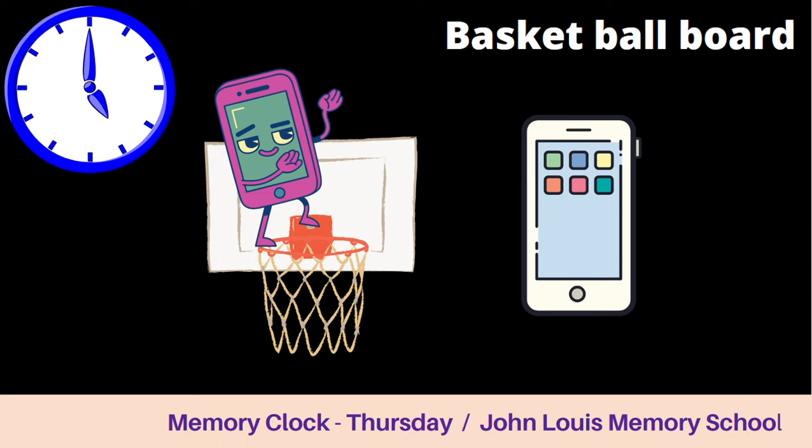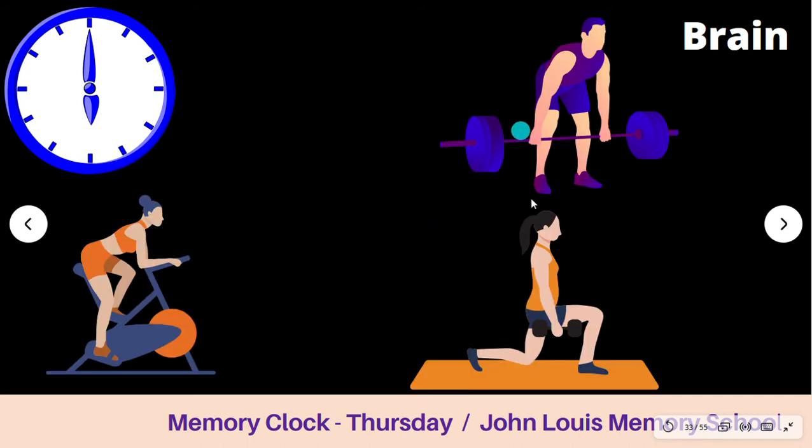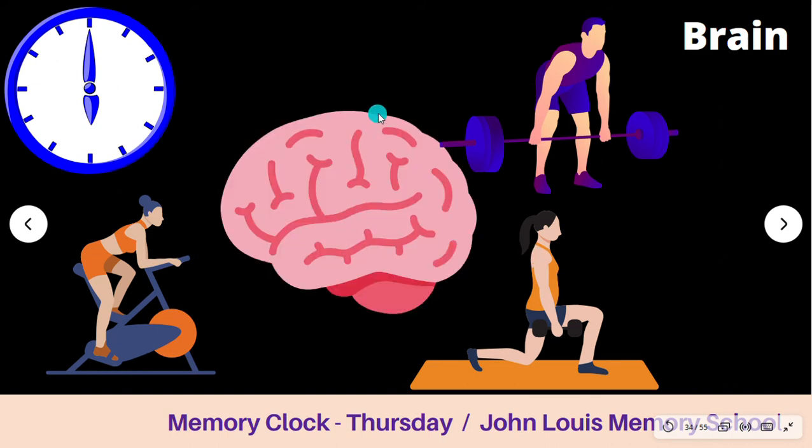Okay, now let's move on to hour 6. So what is the picture for hour 6? Brain. Why? Because the brain has 6 senses. Okay, what's the thing you need to do at 6 o'clock? Oh, you have to go to the gym for exercise. Okay, just imagine you are dissecting your brain or you are operating on your brain. What do you find inside? Inside, lots of people are doing their exercises in the gym. Just imagine that people are in a gym exercising.